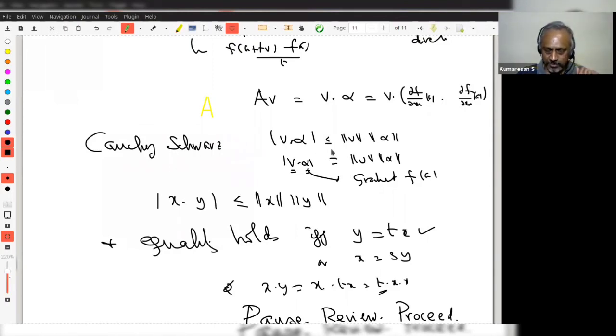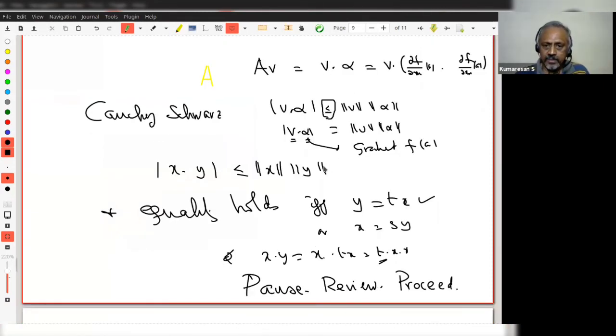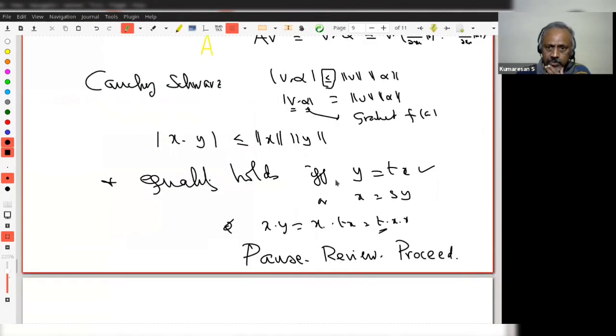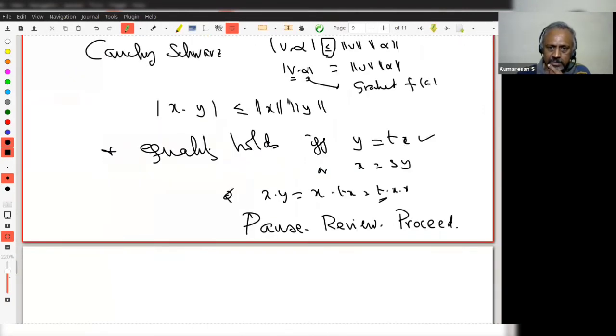Let us come back to this question. So one can ask when the equality holds here. Equality holds here if and only if one of the vectors is a scalar multiple of the other. It not only says it's a scalar multiple, that's what books will also write, but the proof actually says what is the scalar. That I found out. Now let's come back. So equality holds if and only if one is a scalar multiple of the other. Now come back to this.